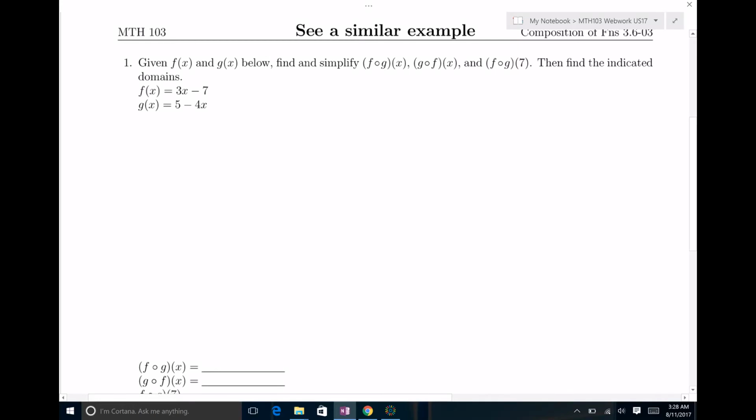So given f of x and g of x, we want to first find f composed with g of x. Now f composed with g of x, by definition, is f of g of x. Whenever you need to do f of something, all you need to do is, in place of x, replace it with whatever is in the parentheses. So you have to replace it with g of x. Wherever there's x in f of x, I'm going to replace it with